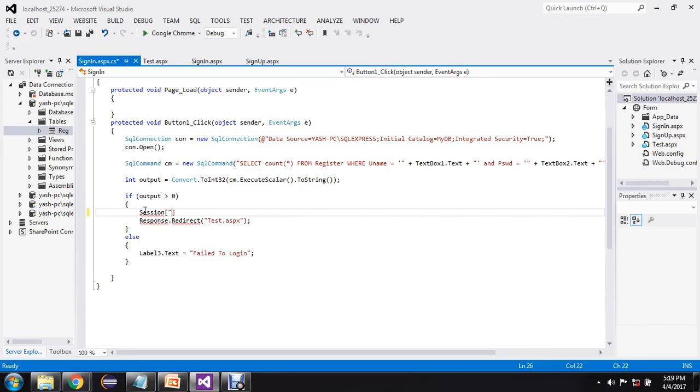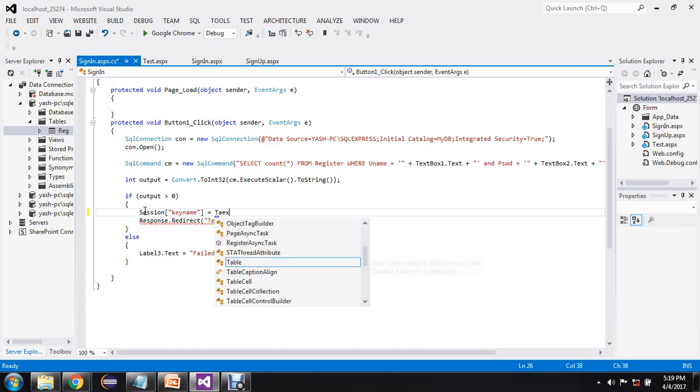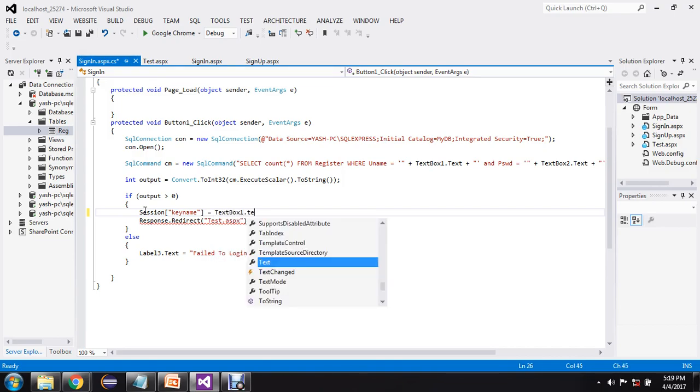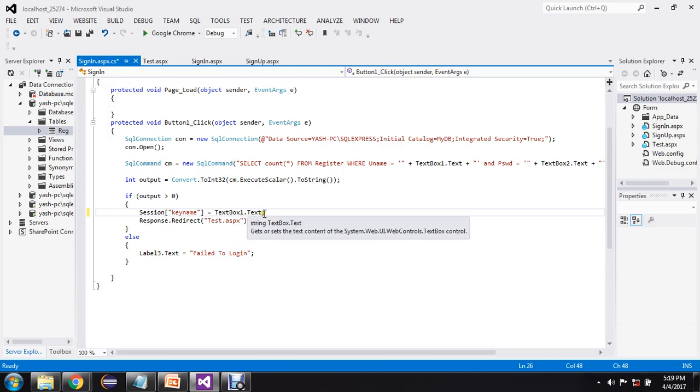We have to provide the key name. This key name is going to hold the value of TextBox1.Text, because I am fetching the username from this TextBox1.Text. I am going to rename this key name to, let's say, name. So my session variable has been created.